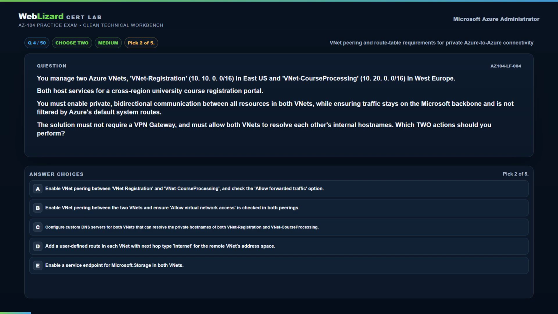Which 2 actions should you perform? Option A. Enable VNet peering between VNet registration and VNet course processing, and check the Allow Forwarded Traffic option. Option B. Enable VNet peering between the 2 VNets and ensure Allow Virtual Network Access is checked in both peerings. Option C. Configure custom DNS servers for both VNets that can resolve the private hostnames of both VNet registration and